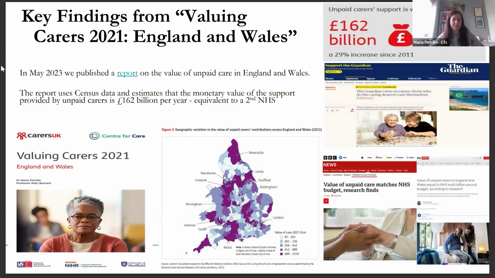Now, that figure was captured nationally, and I have included in the slide some media information, and was also used in policy and practice debate. But the report also provided valuable information and resources, including, for example, an explanation why we see this rise in care value. And most importantly, it includes also a lookup table at local authority level, highlighting the significant inequality at geographical level.